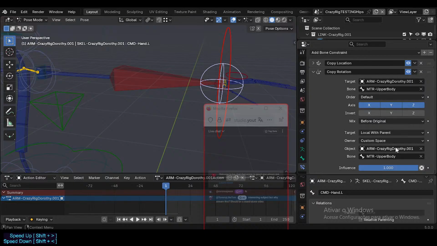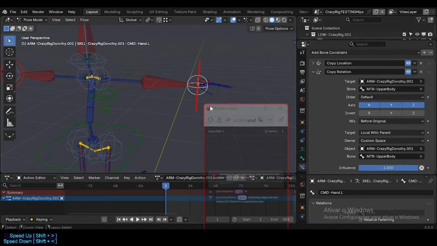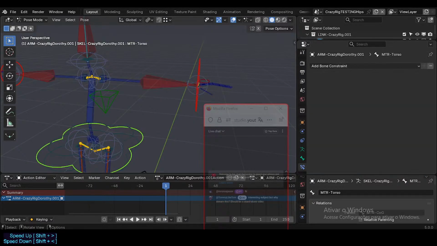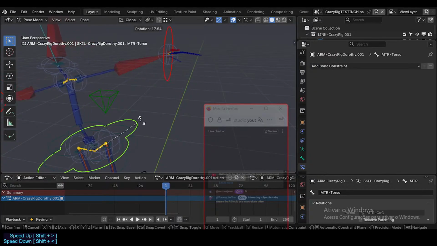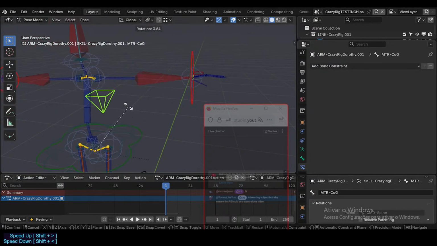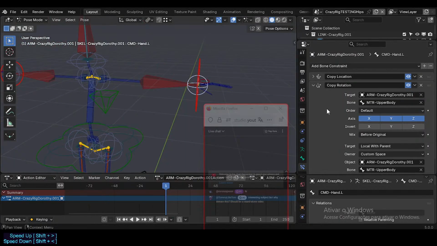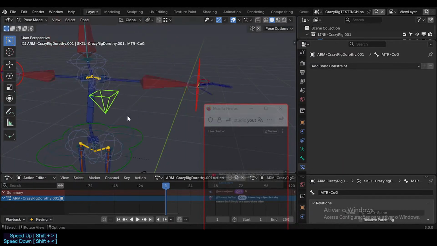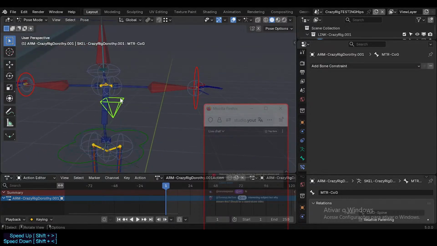Copy, so Control C, Control V, Control C, Control V. So custom space for the owner. So it's a mimicking sort of a parenting offset for the rotation, right? And the idea of doing this is that we'll be able to, certain bone here that I don't know where it is,